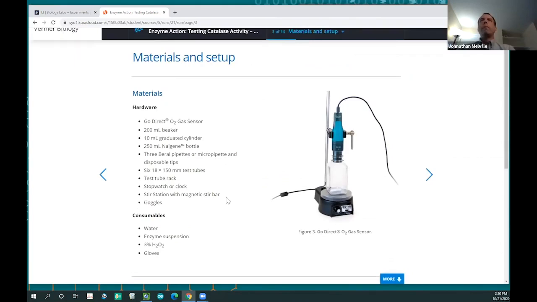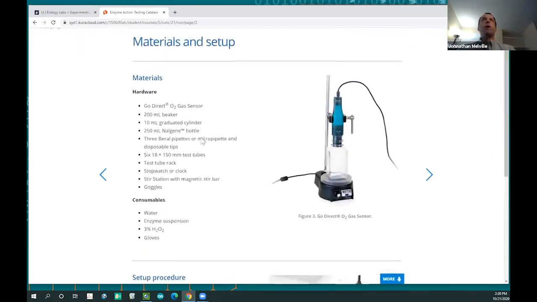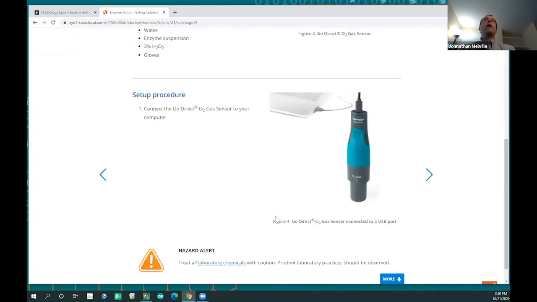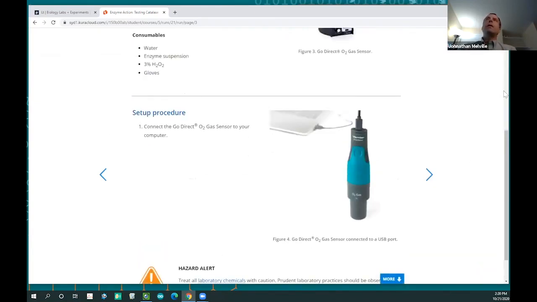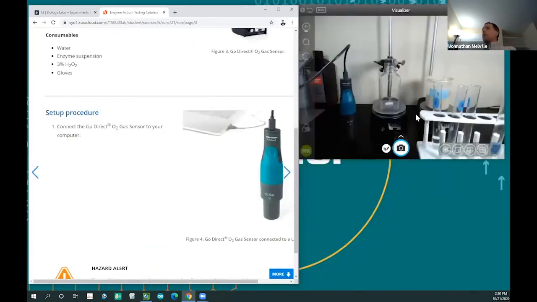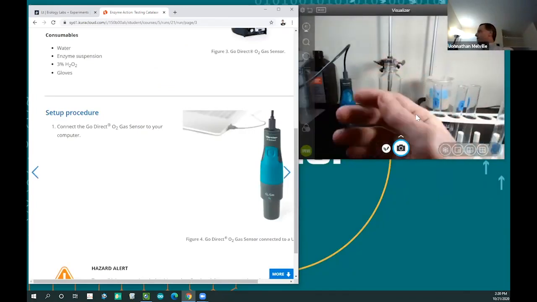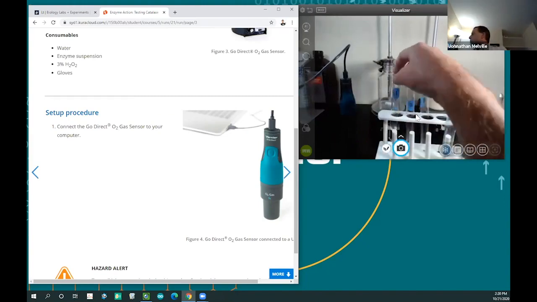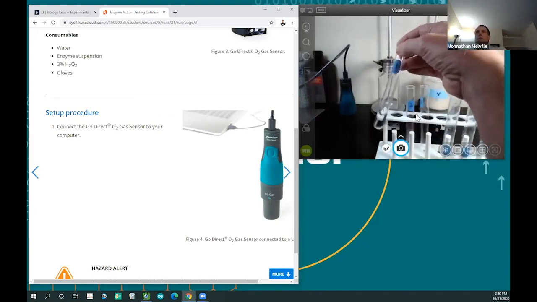So here's the material setup. It shows us how we're going to set the system up with an oxygen gas sensor, a stir station, and a Nalgene bottle. And then we connect the oxygen gas sensor to get started. And just so you can see, I have that right here. So hopefully you can all see that. I've got an oxygen gas sensor right here. I'm going to begin collecting. I hope that's not too noisy, but I'll have it spin there in a minute. What I have over here is I've already put in 5 mLs of water right here,